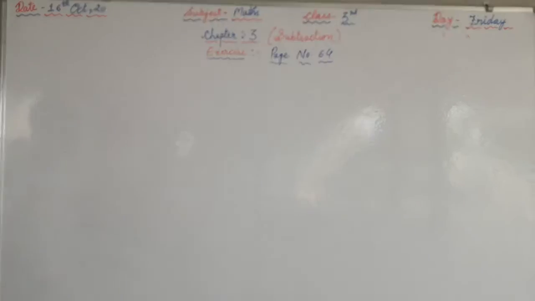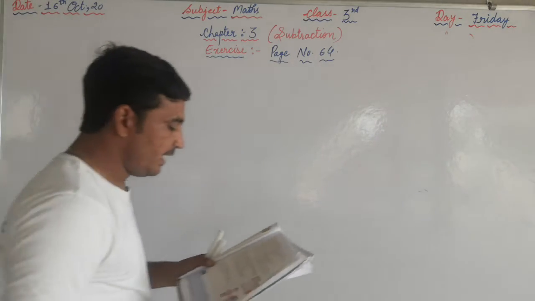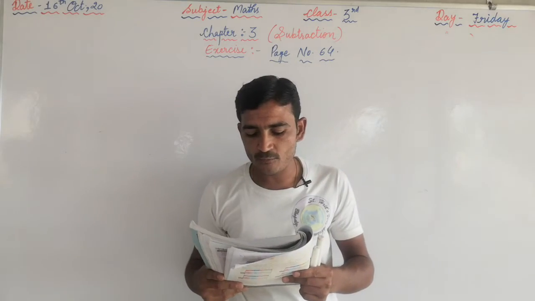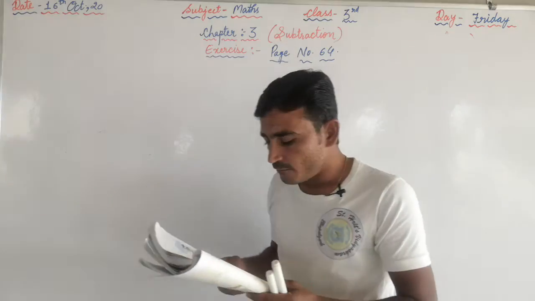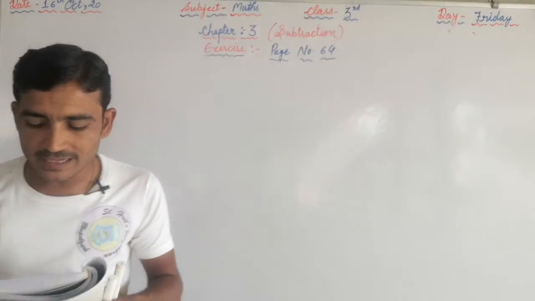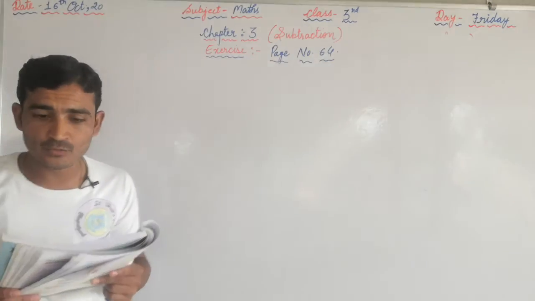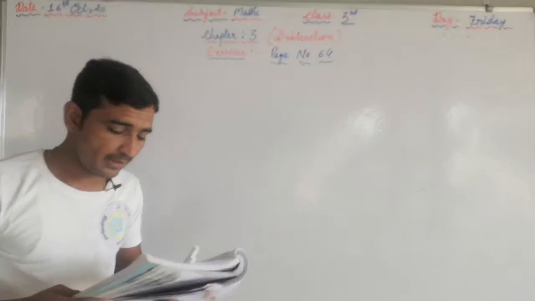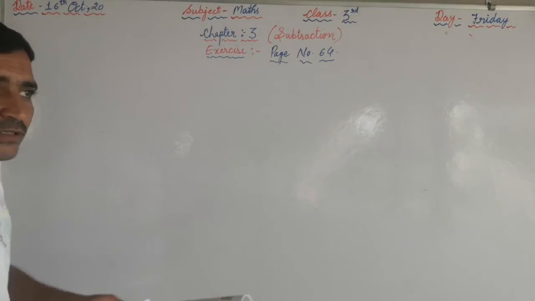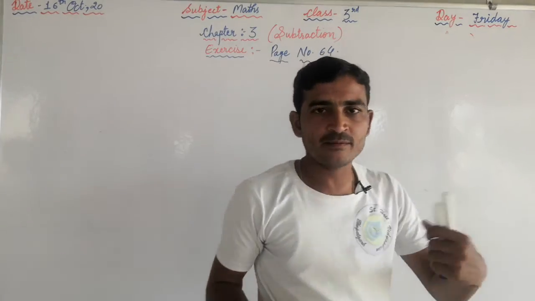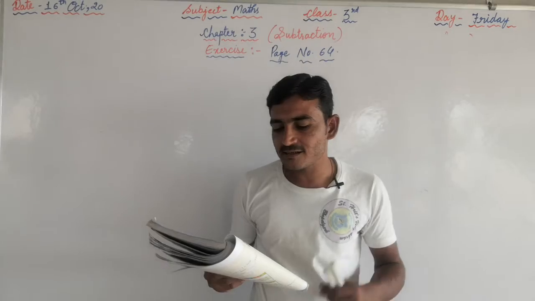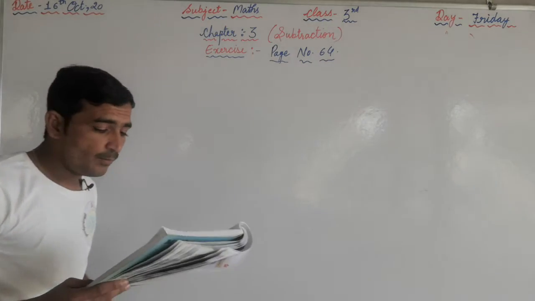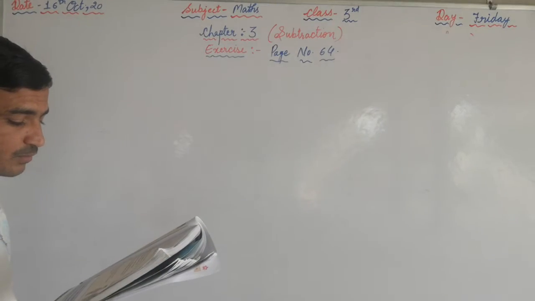Now see the next question. That is question number 7. Anil has to travel 2349 km from Bhopal to reach home. Vaibhav has to travel 1959 km from Bhopal to reach home. Who lives closer to Bhopal? That person who travels the less distance lives nearby Bhopal. Who travels the less distance? Vaibhav. Vaibhav travels the less distance, that is why Vaibhav is closer to Bhopal.